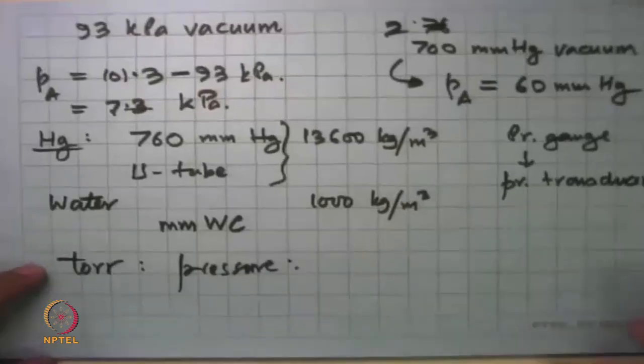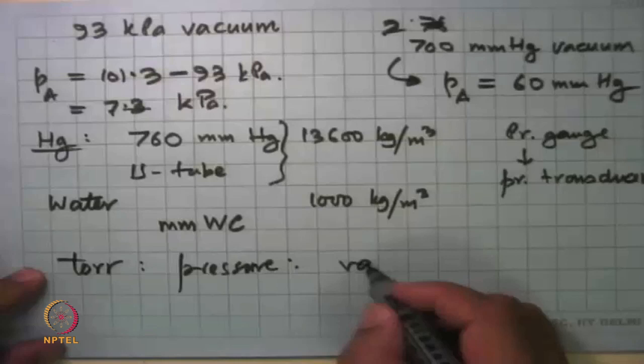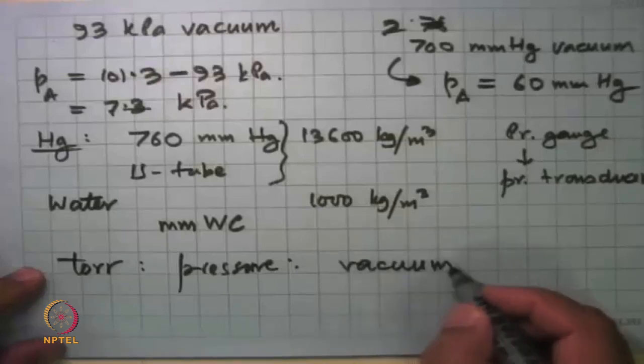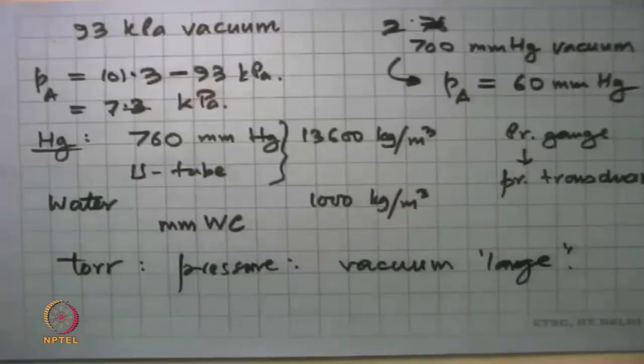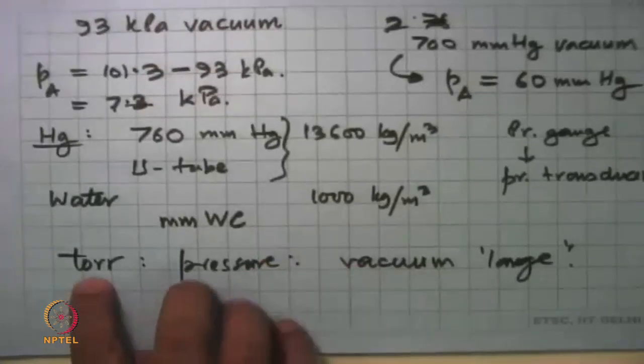And people use it where you are always dealing with very large vacuums, where millimeters of mercury or millimeters of water are no use, but you have a vacuum much smaller than that. Then we use the unit torr, in any device in which you have made a vacuum. For example, if you are doing material processing and you need a very clean environment, then you say that I'll measure the pressure of that vessel in torr. So it's purely a convenience thing.